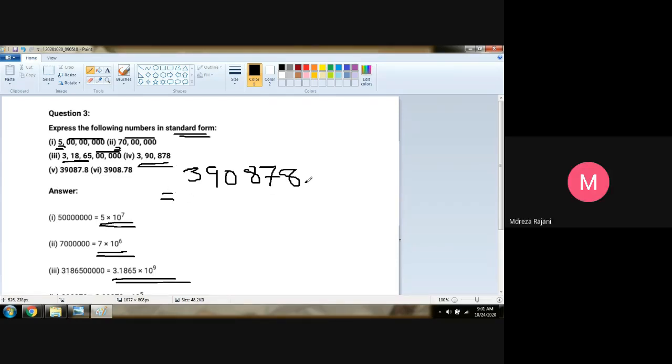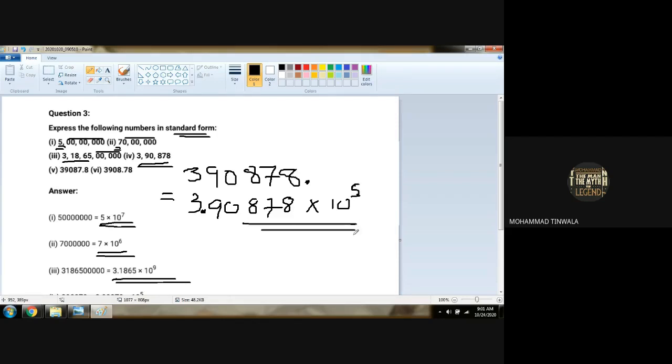So can I say that the decimal point is over here after the whole number? So to convert that into standard form, we have to take a decimal after first digit. So rest of the digits are 90878 as it is. Multiply by, આ decimal ને કેટલા step આગળ લઈ ગયા આપણે? 1, 2, 3, 4 and 5. So 10 raised to the power 5 is our answer. Anybody has any doubt with this?